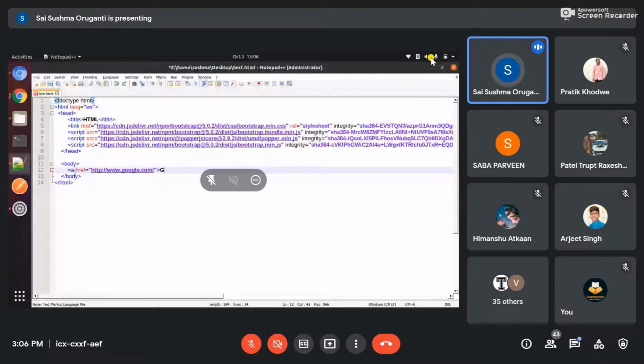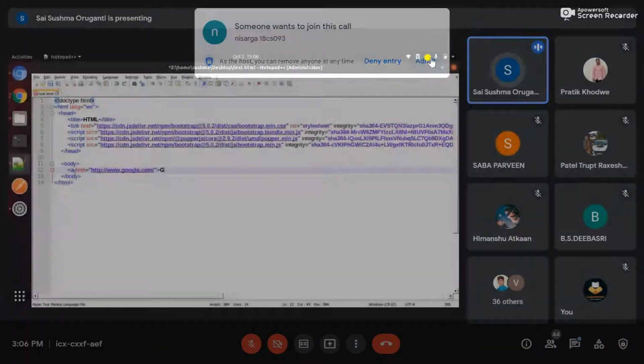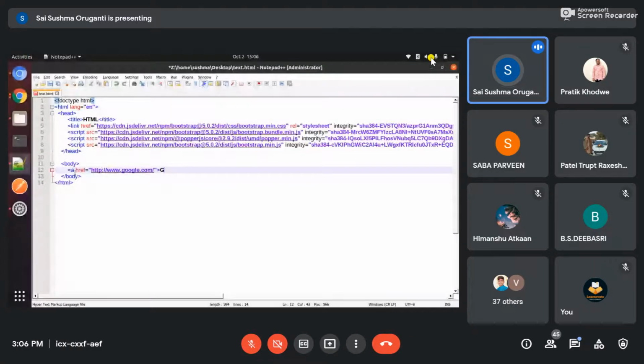So here I'm typing Google. Whatever you want, you can type it here. So this is the opening tag of A and this is the closing tag of A. I'll just save it and I will run it. See here, see Google. When I hover on this, you can see the arrow changes to a cursor like a hand, because it's a link. If I click on this, it redirects to the Google page. Okay, it's clear. Whatever link you want, you can keep it. This is also mostly important for web developers to learn.